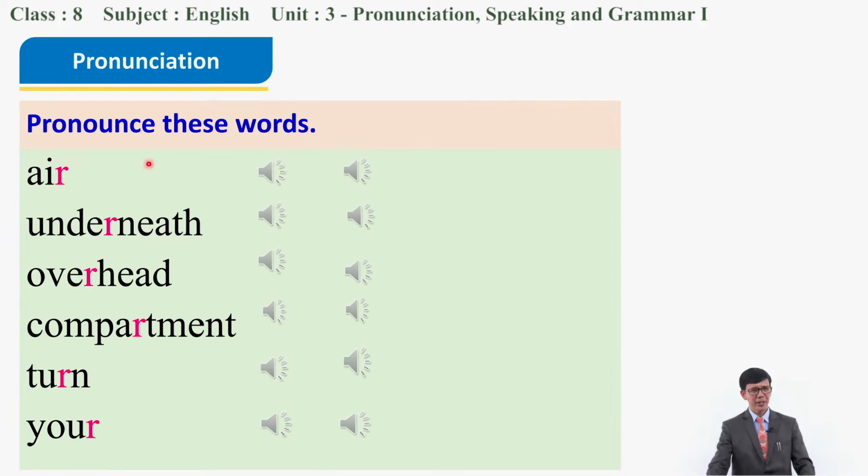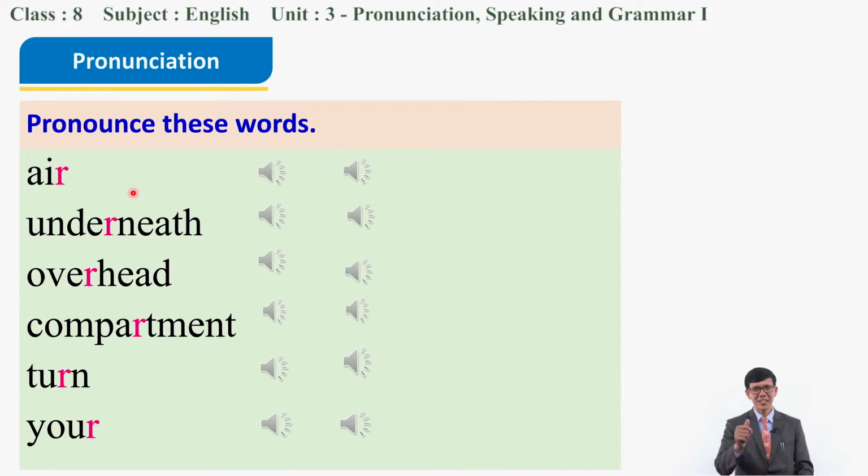Look at here, okay? I will play this audio for 2 times, okay? So look at the first one, okay, how it is pronounced. And second time, that is your turn. Air, air, Your turn. Underneath, Okay, now your turn. underneath, Good. overhead, overhead, Okay, compartment, your turn. compartment, Good. turn, Your turn. turn, Good. y,